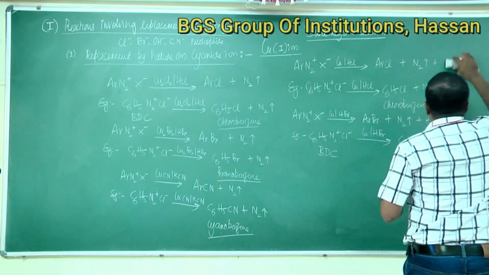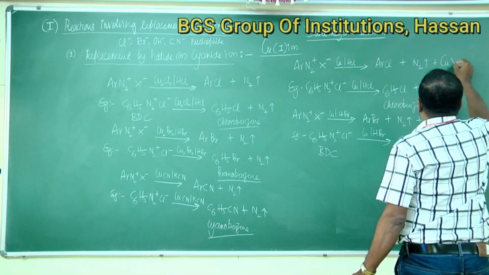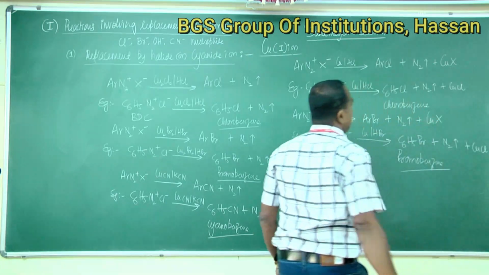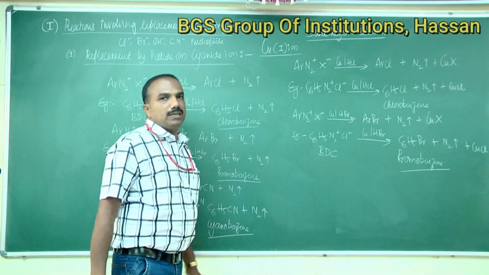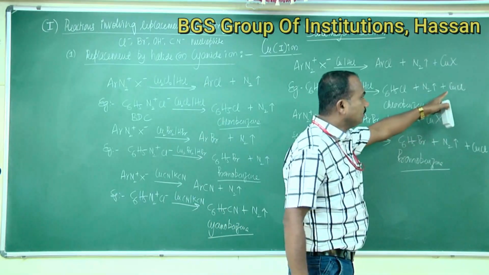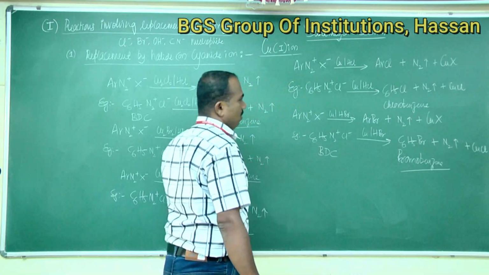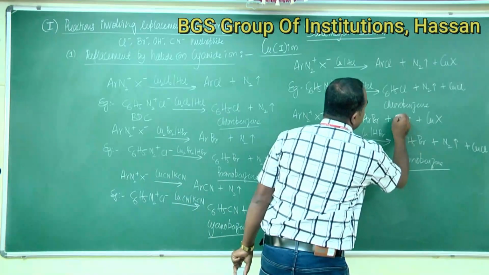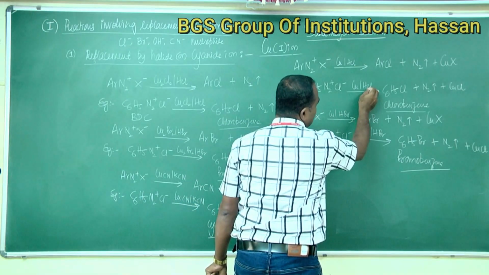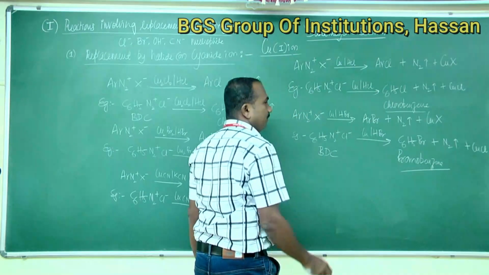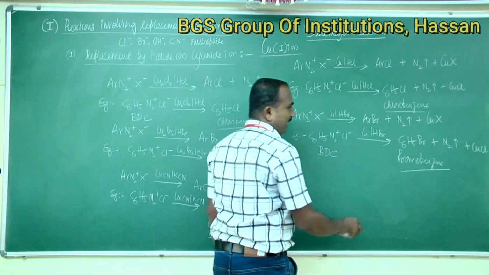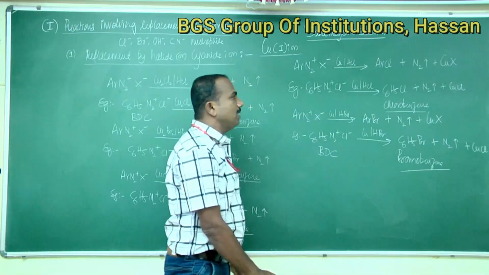Okay, not HX, this is CuX. CuCl, here also CuX, not HX. You write it as CuX, cuprous chloride. So you're going to get bromobenzene. If you take copper powder in the presence of HCl, you're going to get chlorobenzene. If you take copper powder in the presence of hydrogen bromide or hydrobromic acid, the product formed is bromobenzene.